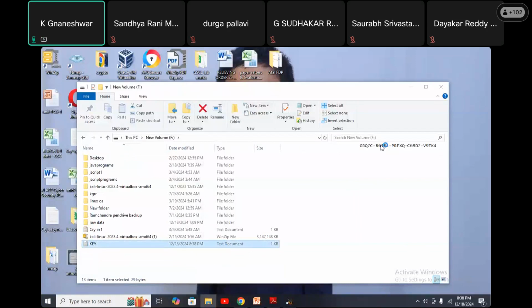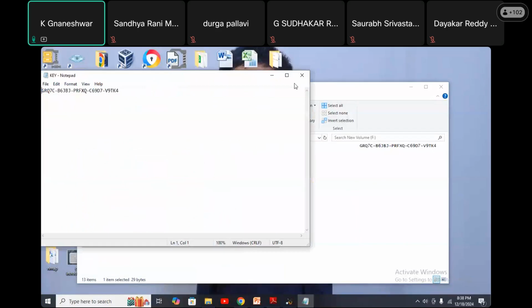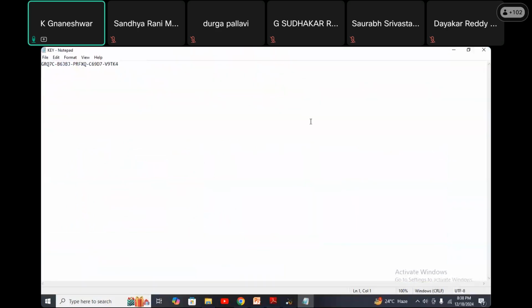It opens in Notepad because it is a text document. Like this, if I lose any type of data, either a Word document, an Excel sheet, or any type of images from my pen drive, you can use the Autopsy tool, apply it on that pen drive, and recover any type of data.